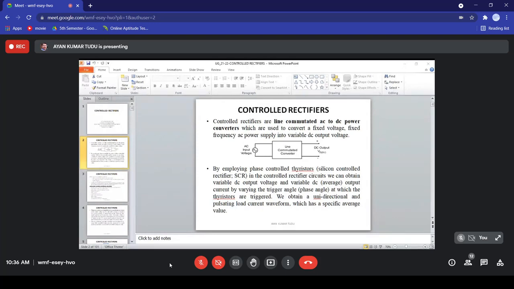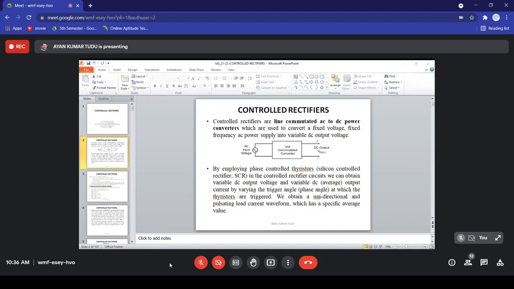What we can understand is quite simple: the thyristors will be forward biased during the positive half cycle of the input, and will be turned on by applying a suitable gate trigger pulse at the thyristor gate leads. I hope that you have started learning about the SCRs in your other half of power electronics. So what will happen when the thyristor is turned on?